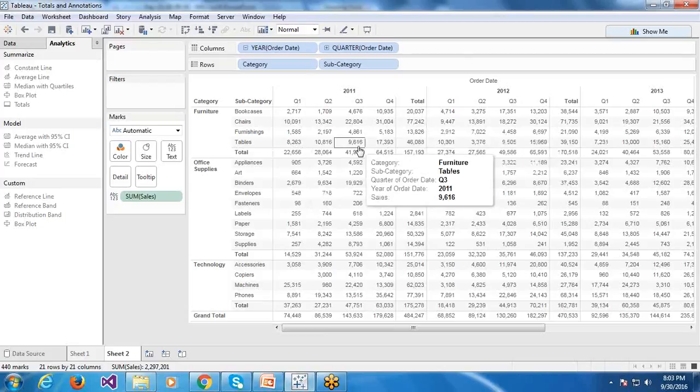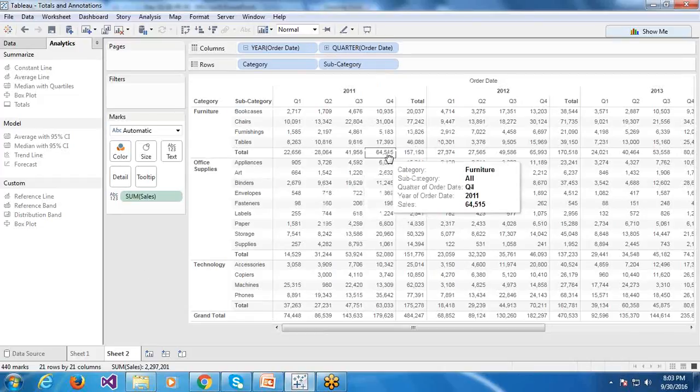Subtotals will be for everything at that point on the view. Here it is giving you the total of the 2011 year and the subtotal of 2011 for each quarter.